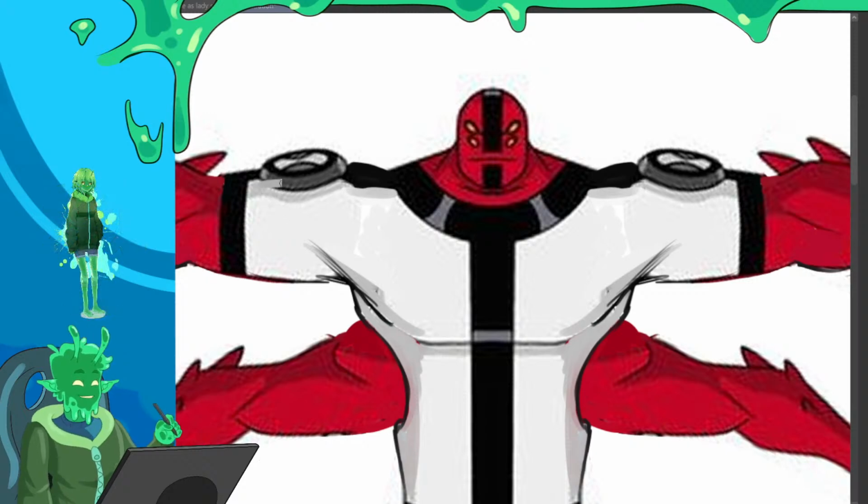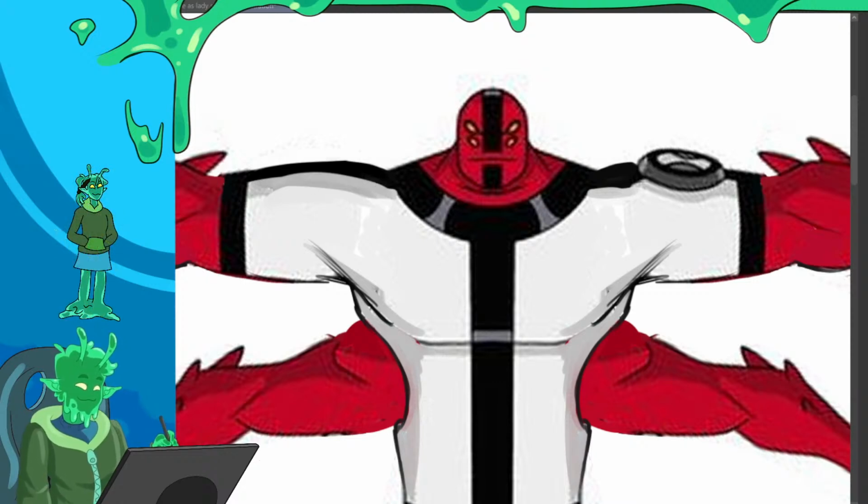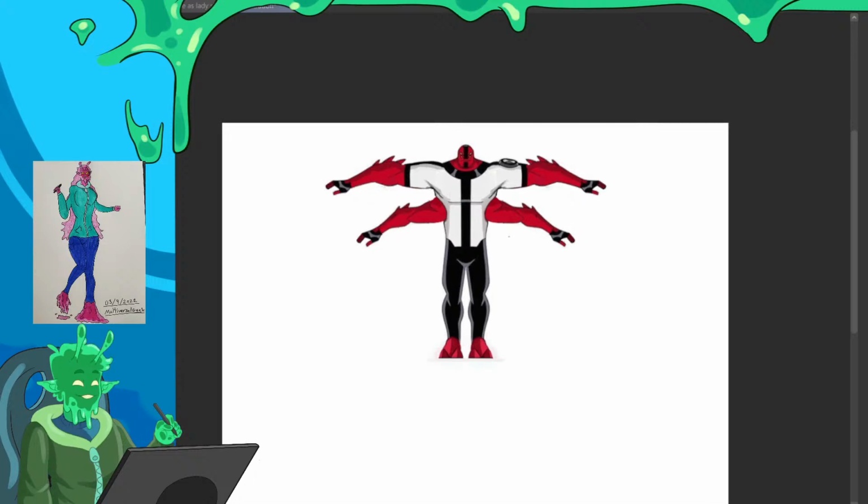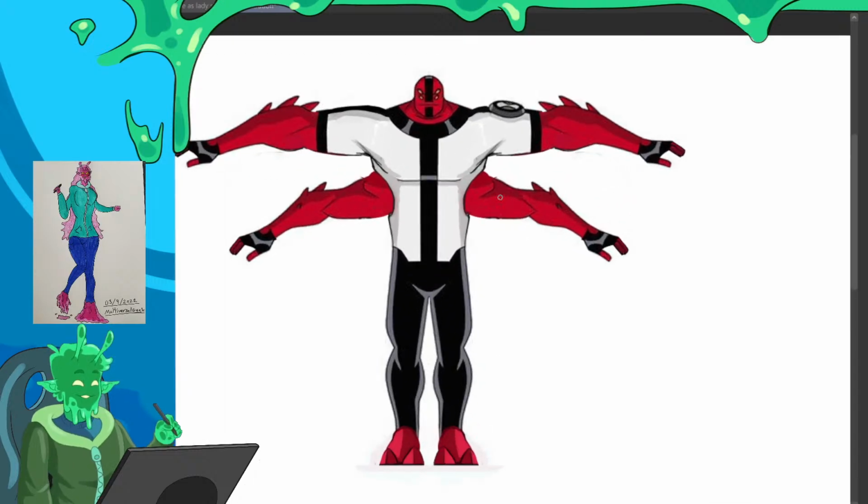Repaint over the shoulder. There we go, and there is Forearms in a T-pose.